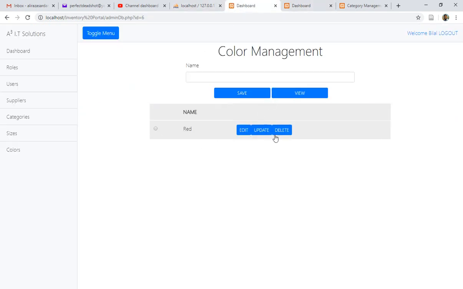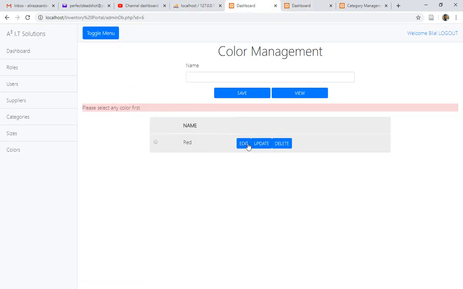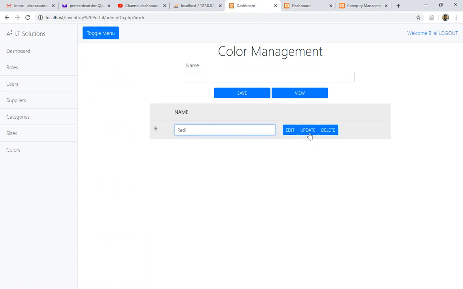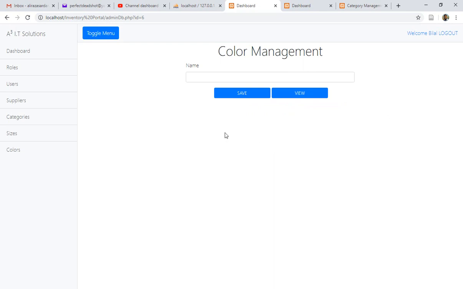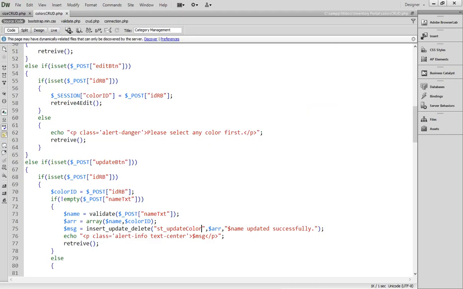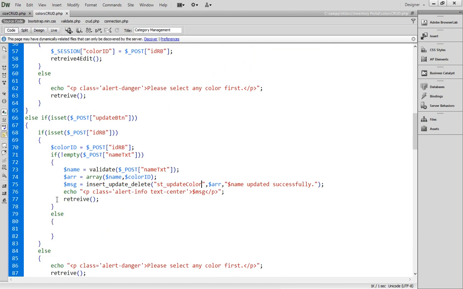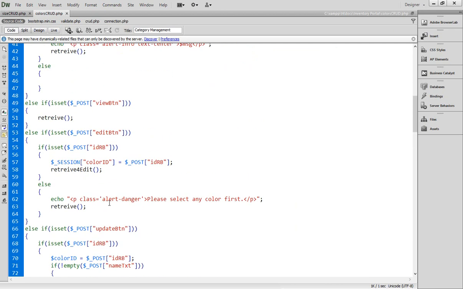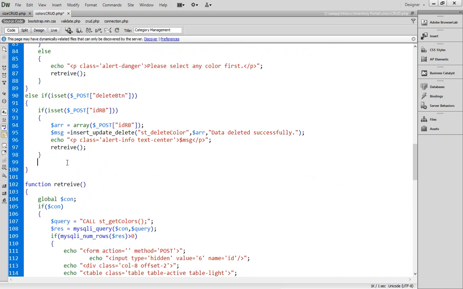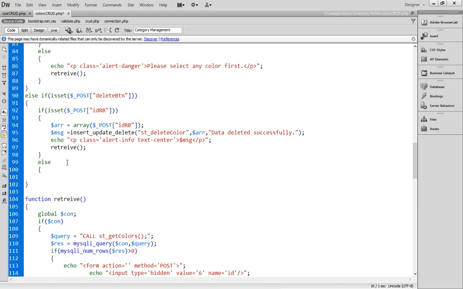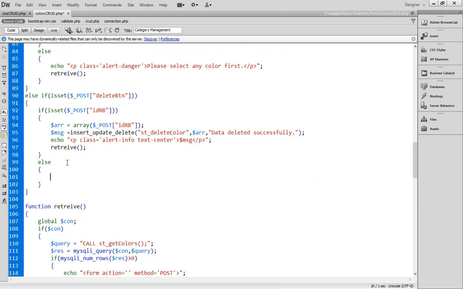View, let's directly click on the update. So please select any color, select any color. Let's edit red 1 and update. So you see red 1 updated successfully now. When I click on the delete, you see when I am deleting, nothing is happening. So when I click on the delete button, retrieve should be there. Copy, so delete. Here we have delete, and you see when the ID is not selected, I have to display